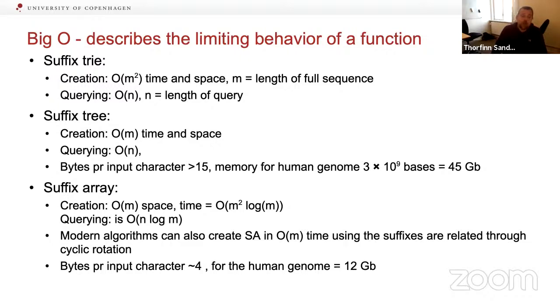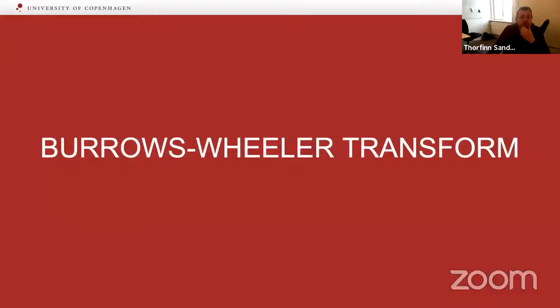You can represent any suffix tree with a suffix array. I didn't talk much about this. The idea here is that you just have a matrix, and there's no overhead associated with this. But when you do the querying, then you actually need to do a linear search throughout the entire suffix array. Okay, so we didn't talk much about suffix arrays, and the reason for that is that we are going to talk more about this fantastic Burrows-Wheeler transform.